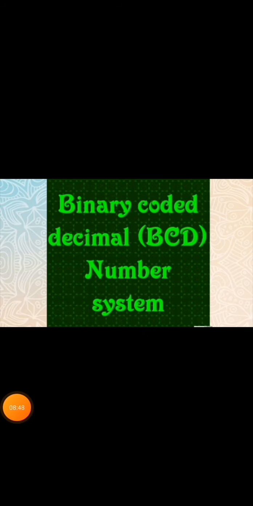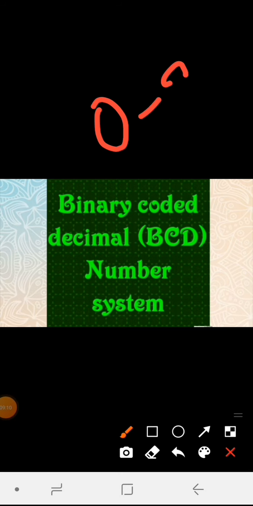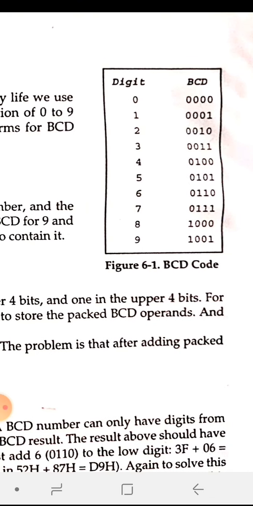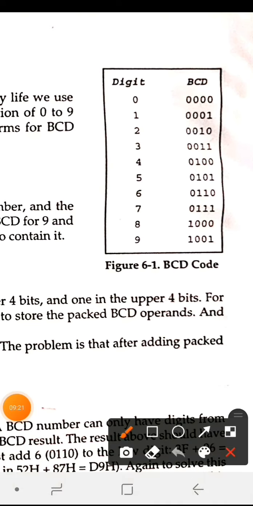But every day when we deal with numbers, most of the numbers we take will be decimal numbers rather than binary or hexa numbers. Therefore, we will go with the next number system, called binary coded decimal, nothing but the BCD number system. This number system has representation only between 0 and 9. So when we are dealing with BCD, we will have number representation between 0 to 9.